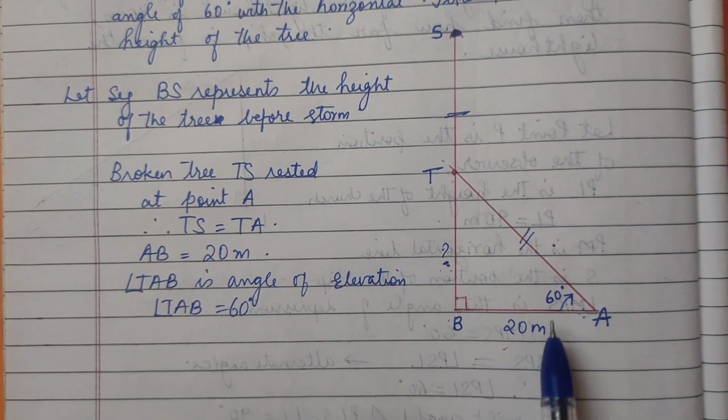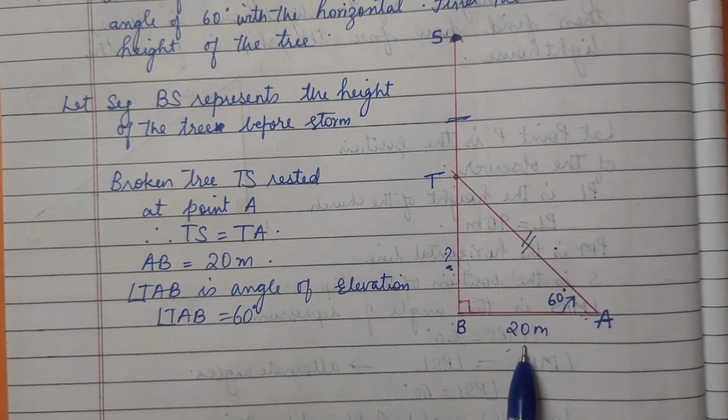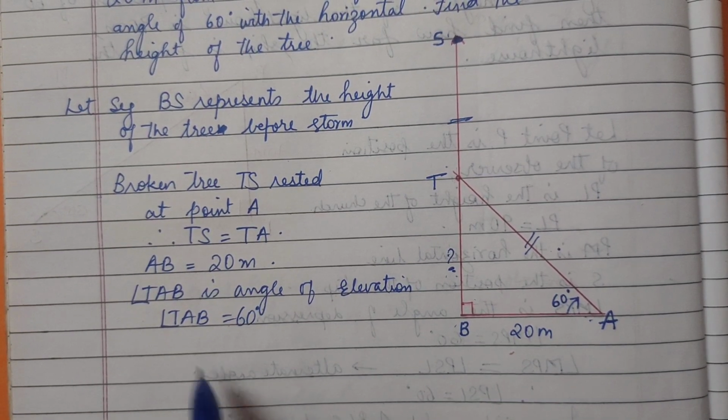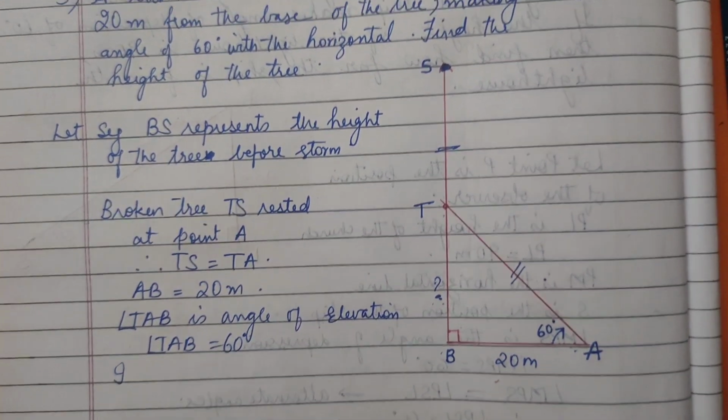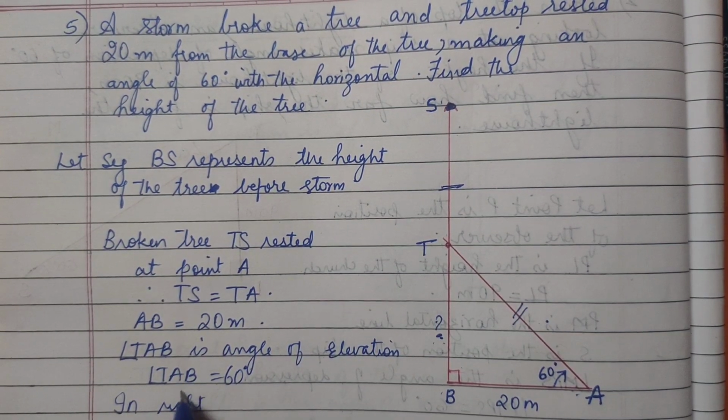So now which ratio we will use? This is our opposite and this is our adjacent. Opposite and adjacent, where we have tan. So we will first find it in right angled triangle. Okay, in right angled triangle